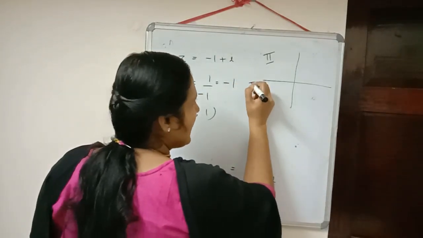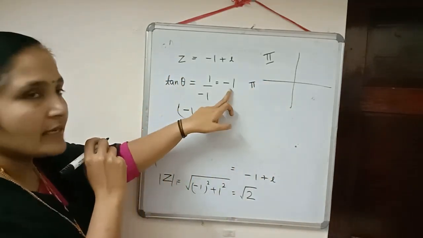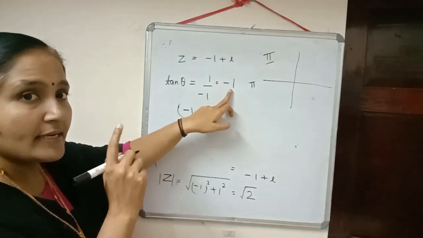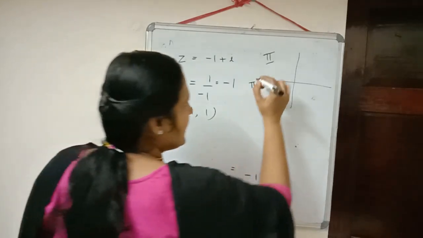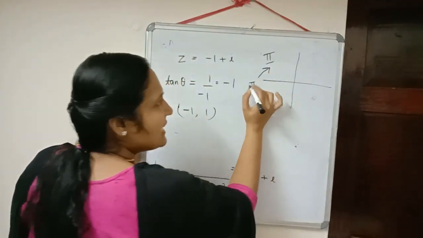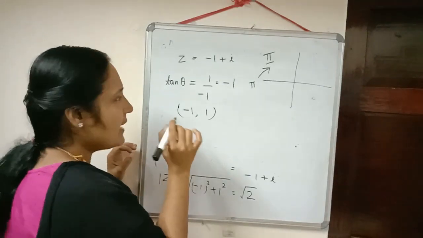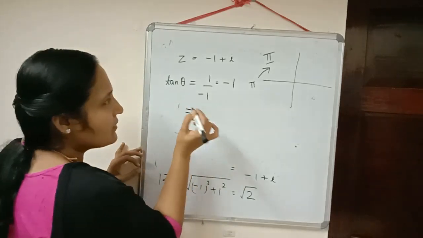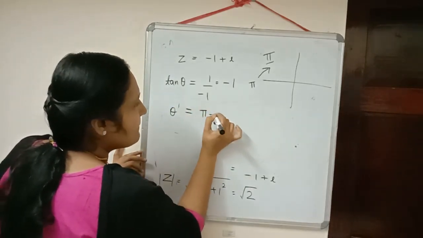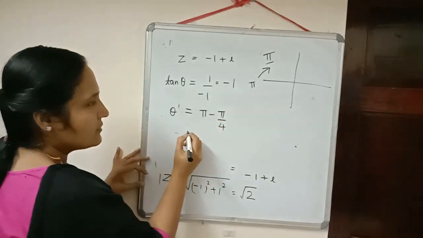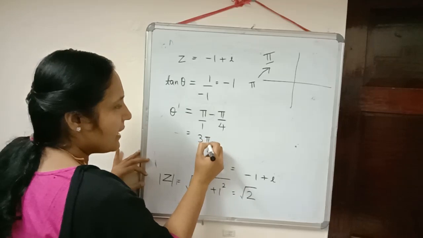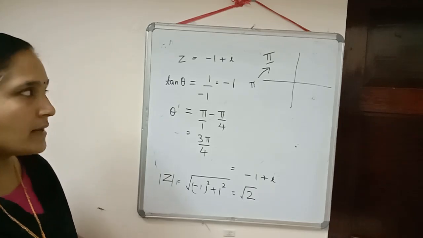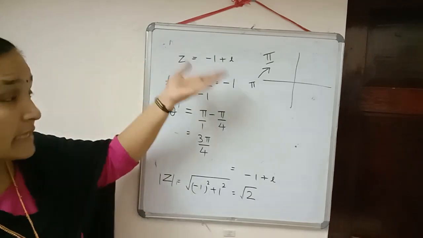As you know, here the angle is pi. And usually tan gives 1 at which angle? 45 degrees. But we will write in the radian system only, that is pi by 4. So in the second quadrant, when we are writing, that will be slightly less than pi, correct? Less than pi. So how will you write? You got tan theta is equal to minus 1, and after that directly you can write theta is equal to pi minus pi by 4, so that will be equal to 3 pi by 4. You might have thought: we got tan theta is equal to minus 1, so why are we calculating in this way in the second quadrant?